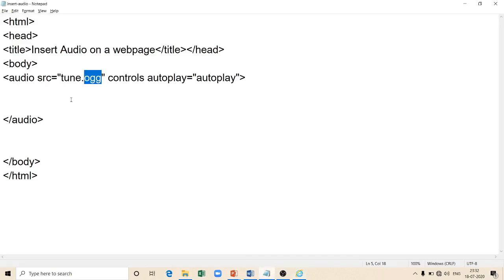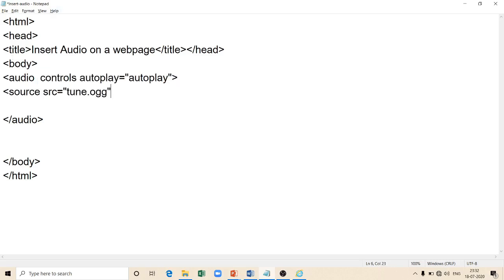The same file is played perfectly in Mozilla Firefox and in Google Chrome, but while opening the file in Internet Explorer, it is showing me invalid source. So the solution for this is to use a tag called the source tag.